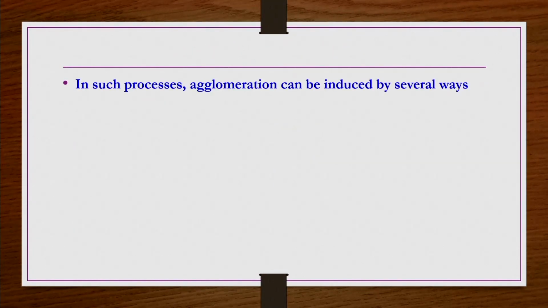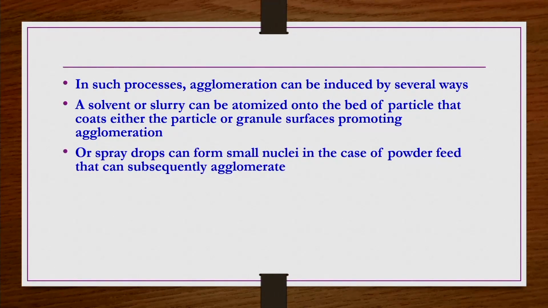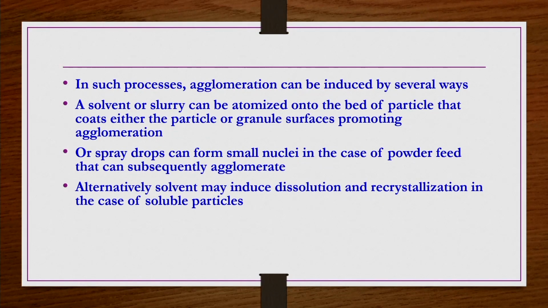So, in such processes agglomeration can be induced in several ways. One way is that a solvent or slurry can be atomized onto the bed of particles that coats either the particles or granule surfaces, promoting agglomeration. Or spray drops can form small nuclei in the case of powder feed that can subsequently agglomerate. Or alternatively, solvent may induce dissolution and recrystallization in case of soluble